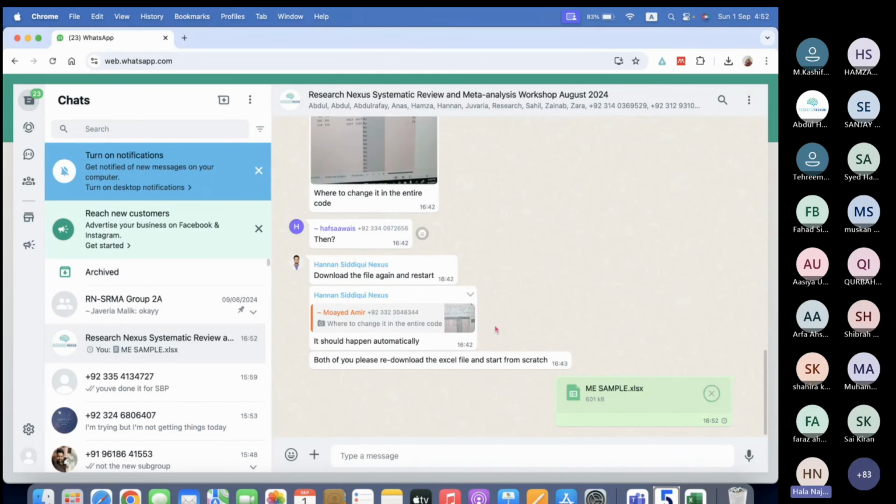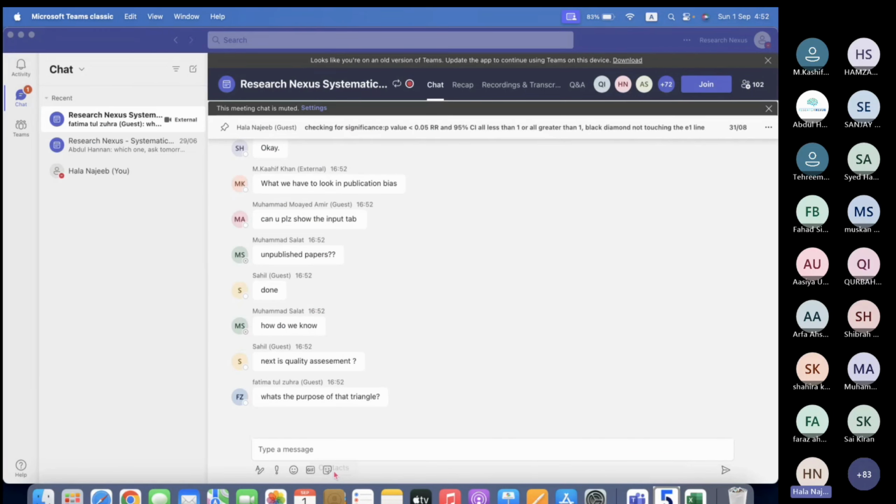So I've sent you the sheet that I was using. The purpose of the triangle is just for you to imagine that all the studies have to be within that funnel, that triangle that we call it, and within that triangle your studies have to be spread symmetrically. Okay? If your studies are spread symmetrically, that means there is no bias. If your studies are asymmetric, then there is publication bias. That's all you have to say. Right?